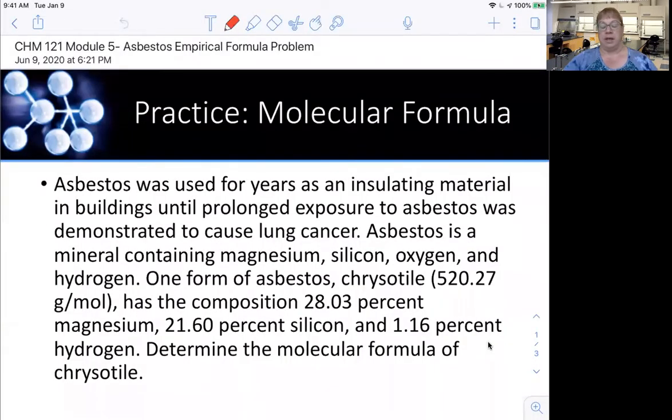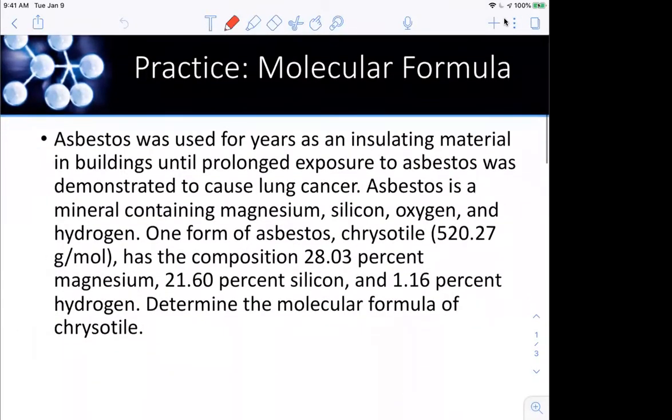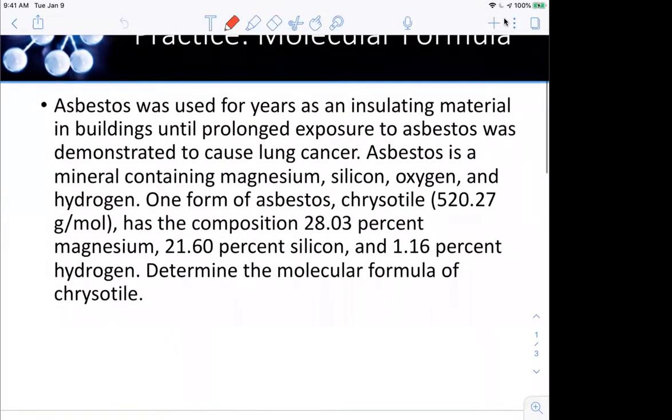This problem is a little bit harder, so I wanted to make sure that everybody was on the same page with understanding how to do this. So let's look at this problem. Asbestos was used for years as an insulating material in buildings until prolonged exposure to asbestos was demonstrated to cause lung cancer. Asbestos is a mineral containing magnesium, silicon,